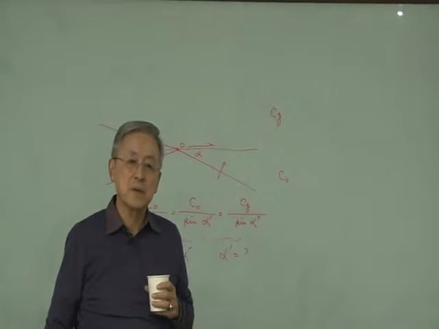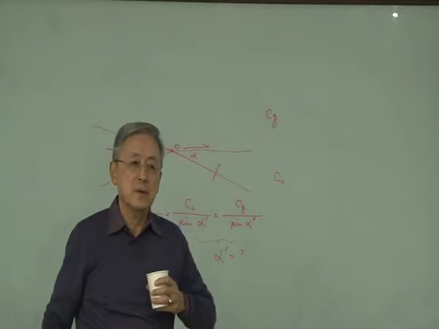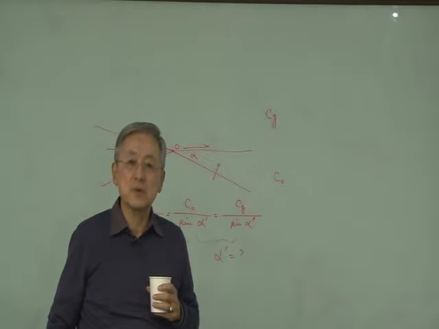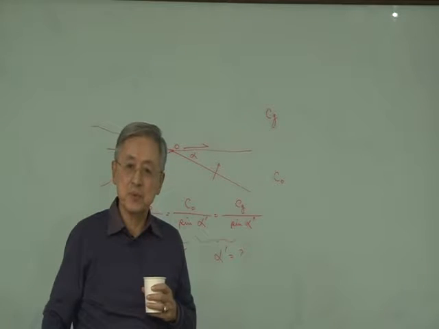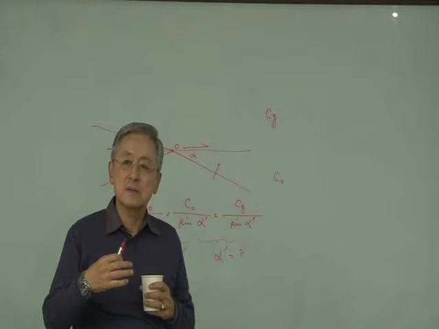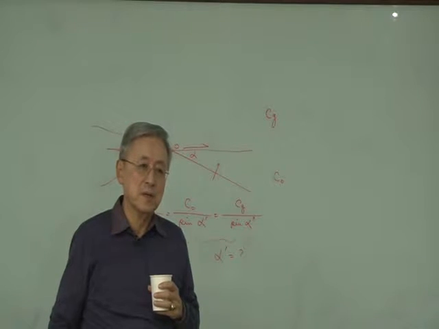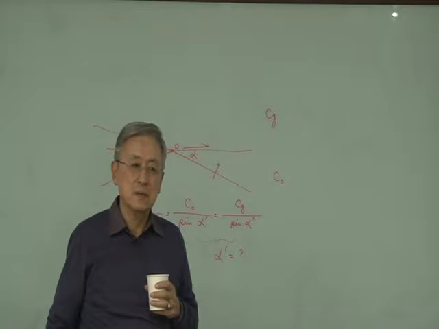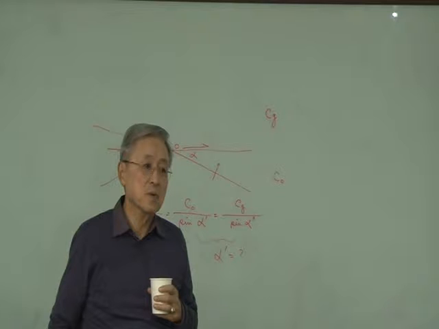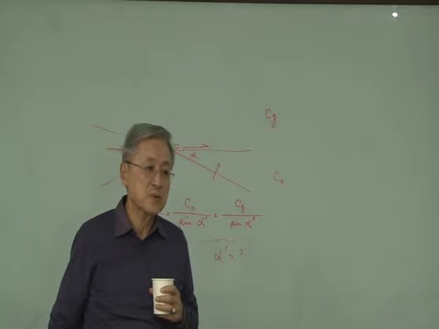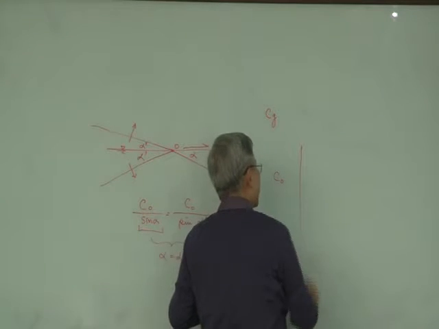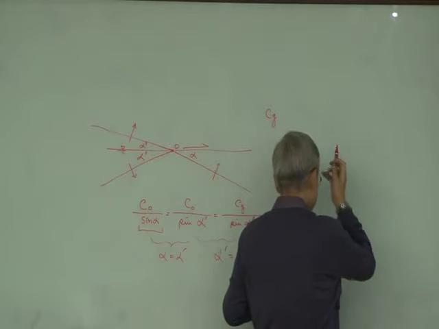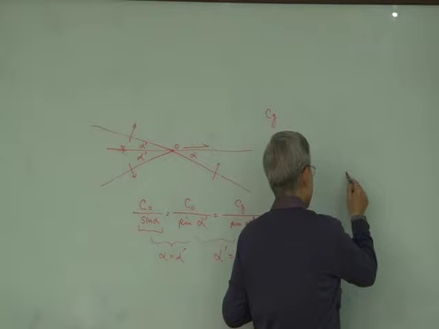Alpha prime, I want you to stick in your mind, is always small, because as you will compute in the sample problem, the impedance in the air is much smaller than the impedance in the water. How much smaller? What's the ratio? I didn't ask you to memorize it, but something like